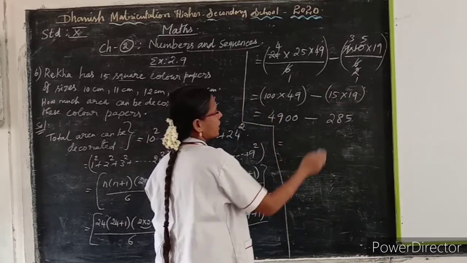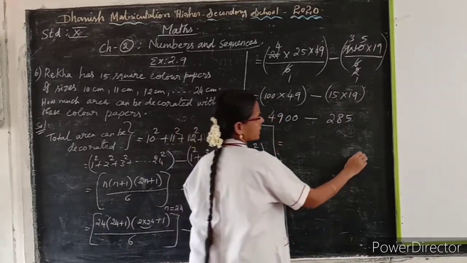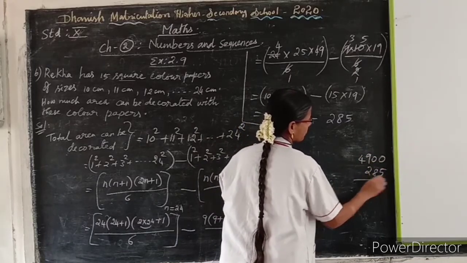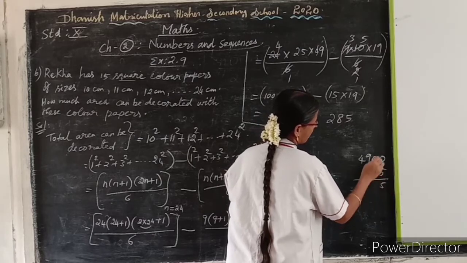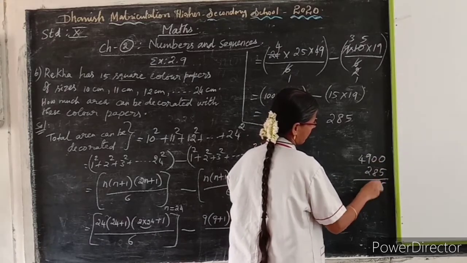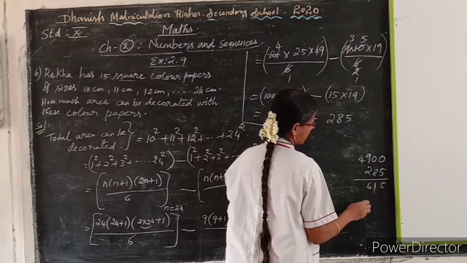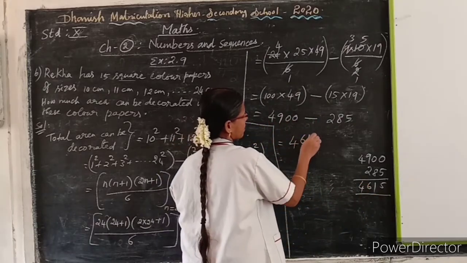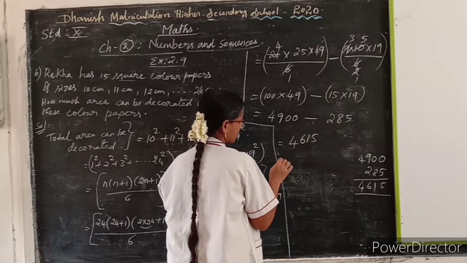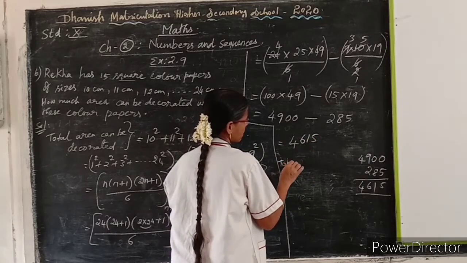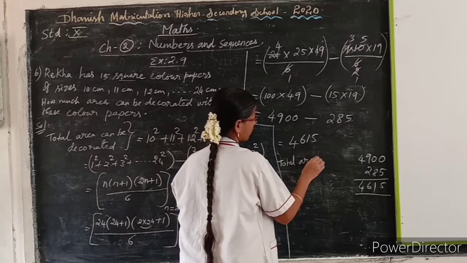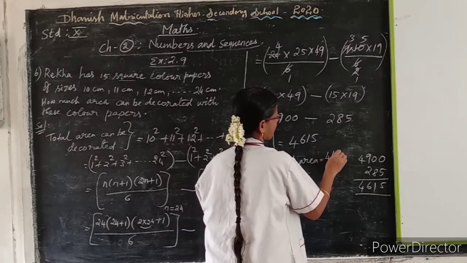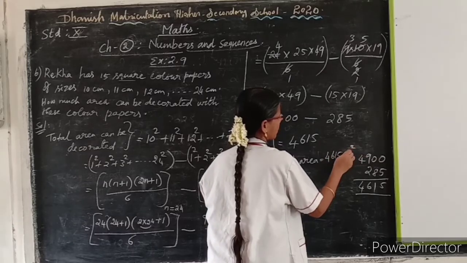Subtract 285 from 4900, which gives 4615. Total area that can be decorated is equal to 4615 centimeter square because area